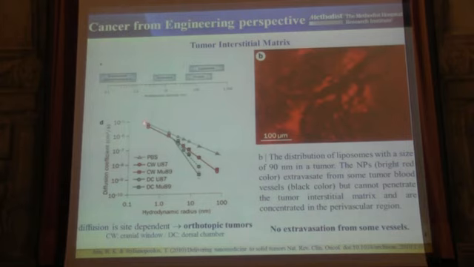And what you see is that compared to a PBS physiological solution, where diffusion in an unconfined space is basically related to the Einstein-Stokes relation, and so it decays with the hydrodynamic radius,